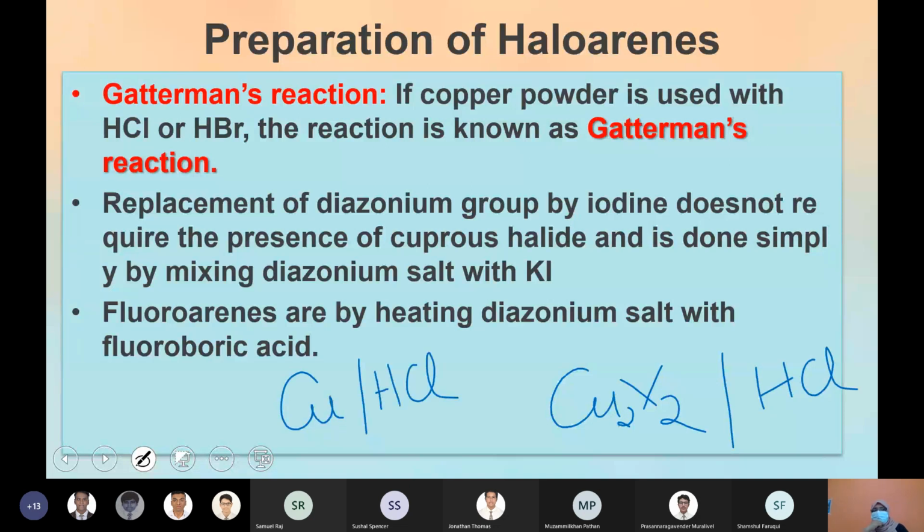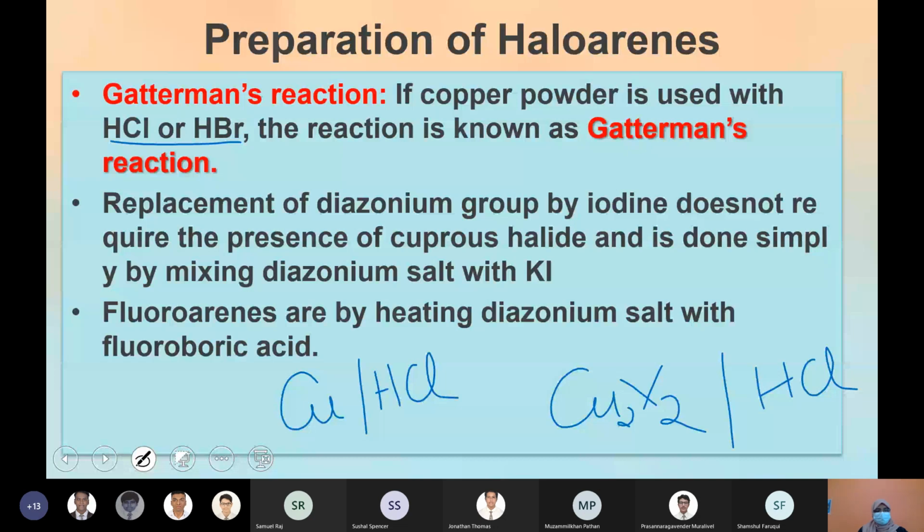So only for chloride? Yeah. So we can't use bromide? Bromide, copper with HBr, you can also use. Both Sandmeyer's and Gattermann are only for preparation of chlorobenzene and bromobenzene. You can't prepare fluoro or iodo compounds this way. That is a different method, not known as Sandmeyer's or Gattermann. You can do it, but it's a different method and does not come under the name reaction Sandmeyer's or Gattermann reaction.